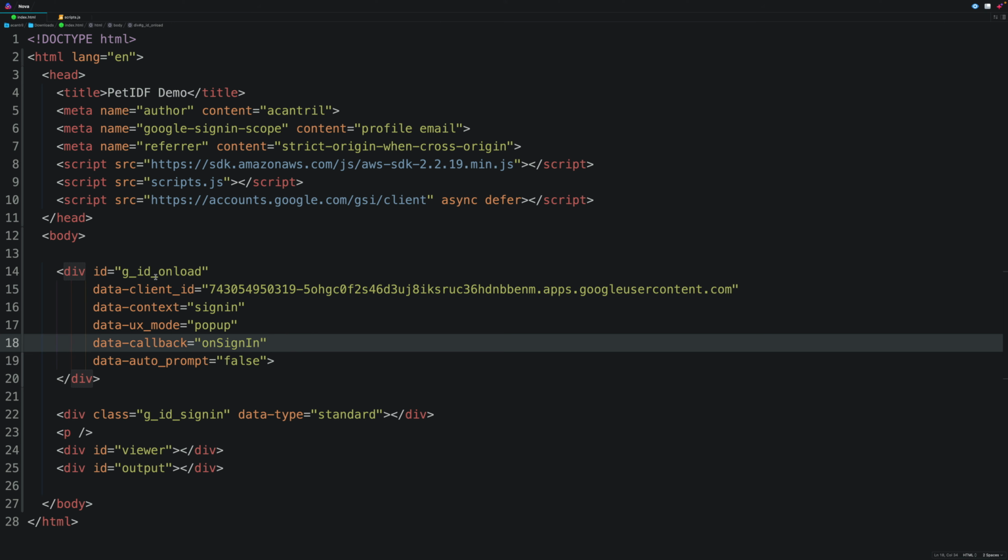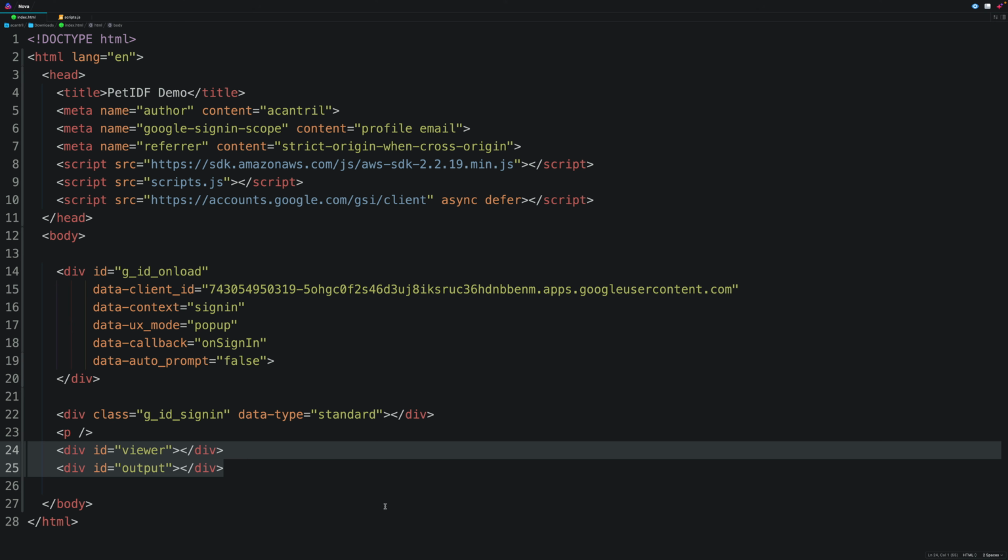Now I'll talk about the code which allows this to happen in a second, but in addition to this, we've defined two areas of the page, viewer and output. And these areas of the page can be interacted with by the JavaScript, so we can change the contents of both of these areas, and it's these areas that our code will use to interact with the user.